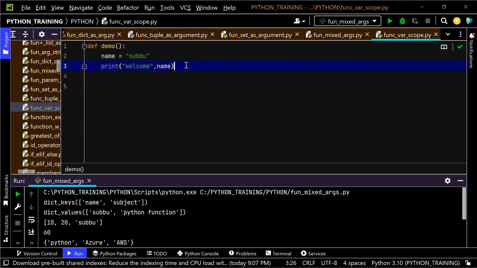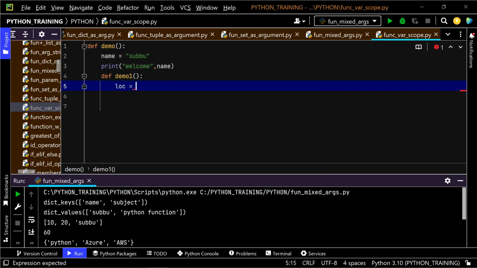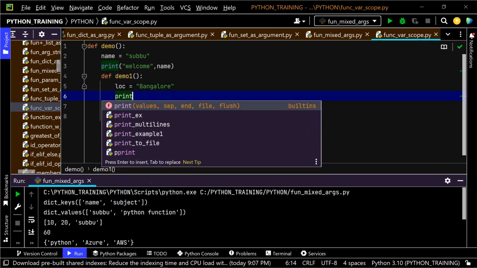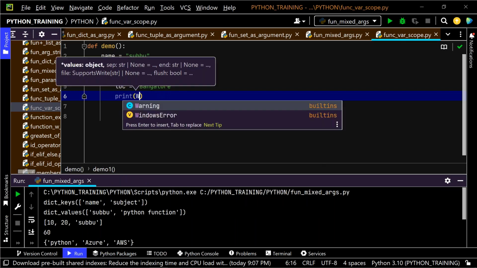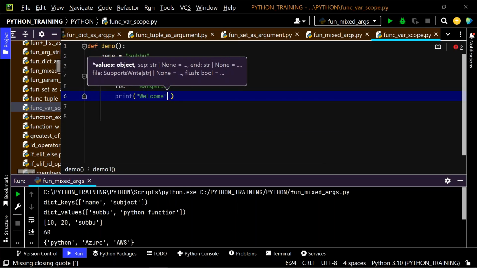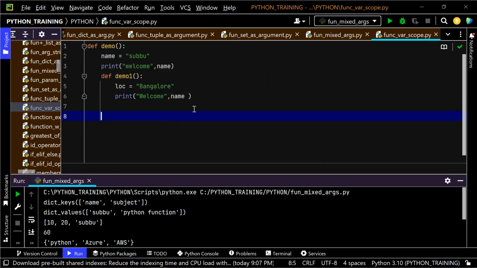So now it is going to print welcome Subbu. Now here I have another function, define demo1. Demo1 is within demo. Now here I have location equals to Bangalore. Here I'm giving print welcome, and then here I'm giving name, and then as well as